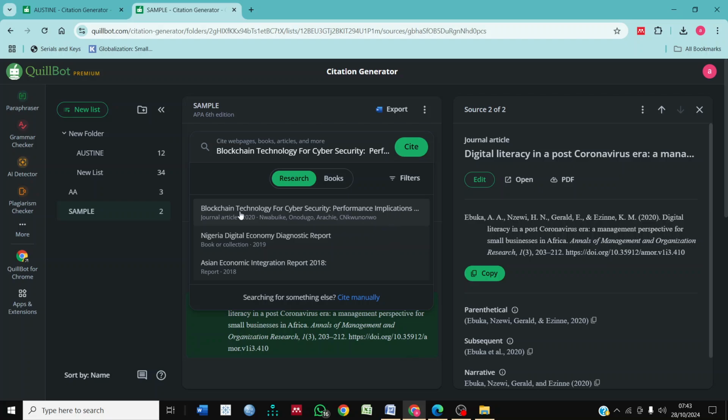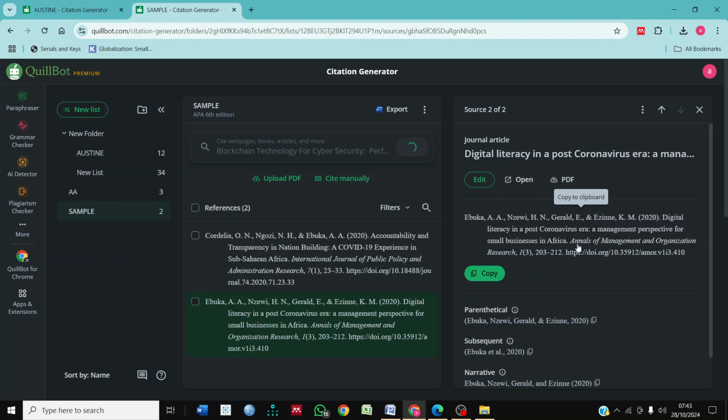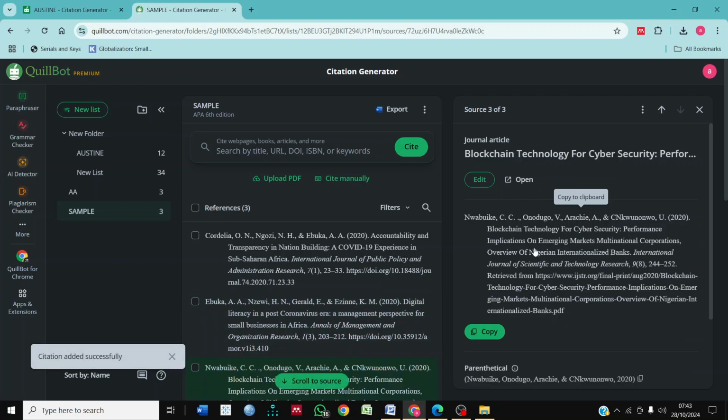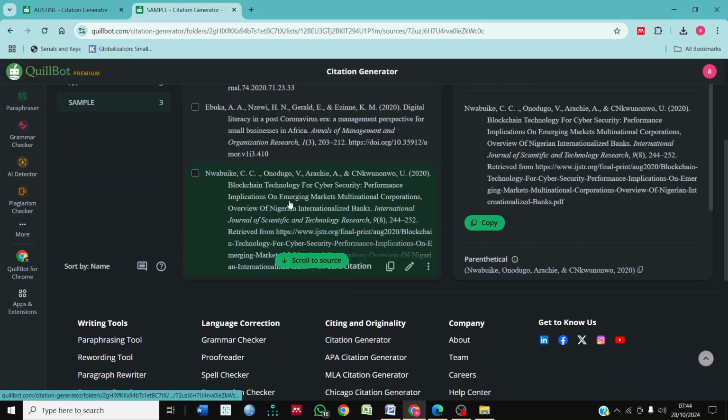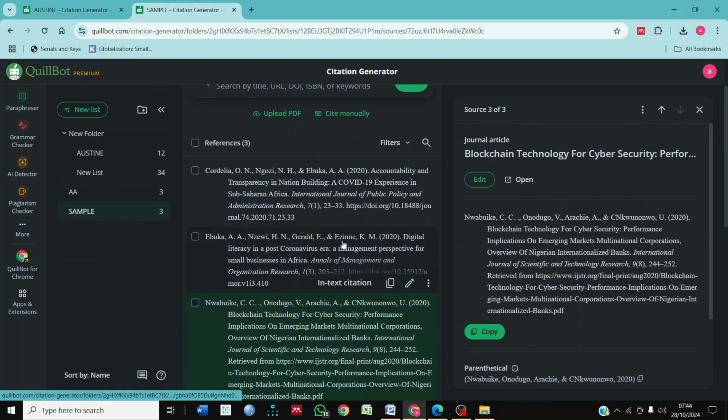So this is the article here: Blockchain Technology for Cybersecurity Performance Implication. You click on it, it's going to auto generate it. So this is the citation. Imagine you copying all these things and doing it manually yourself. It's going to be a bit difficult for you to do. All right, so having generated three citations, all you need to do,